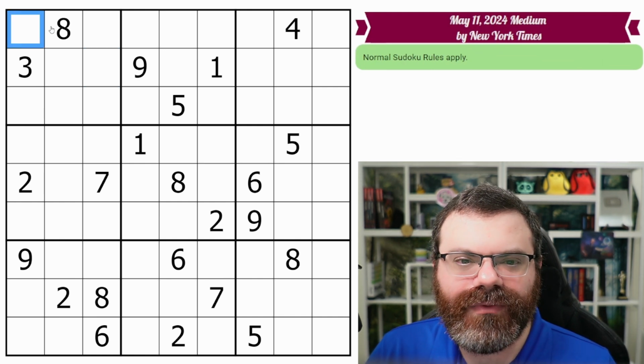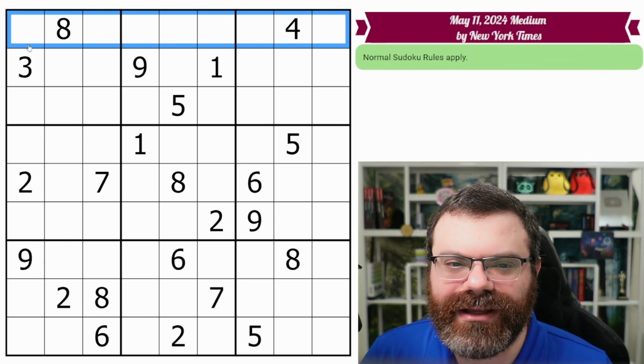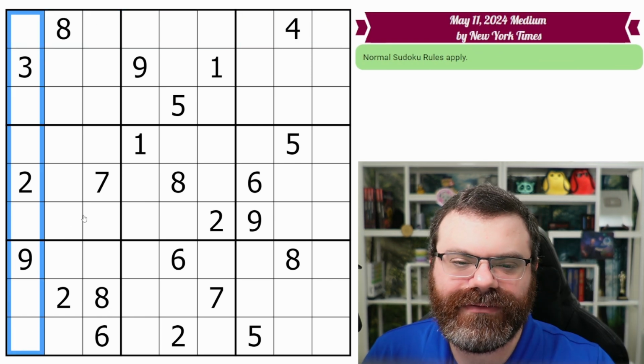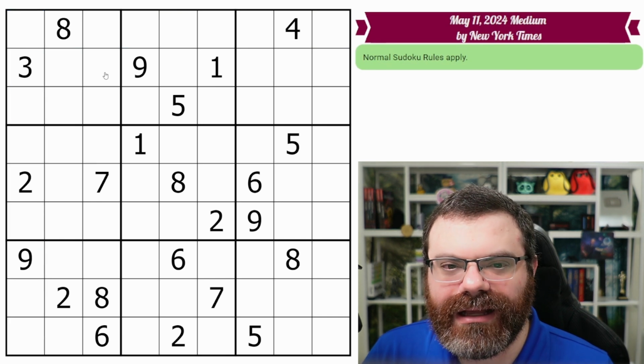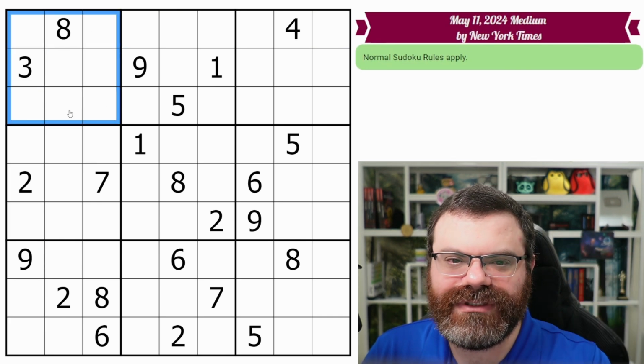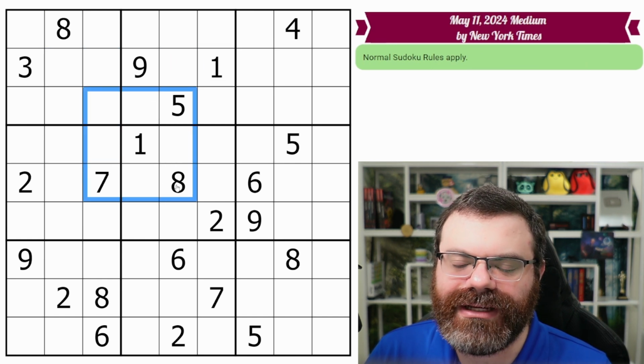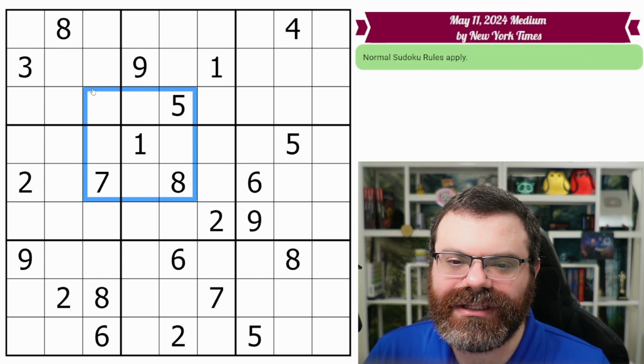All right. We also have rows. A row is a horizontal line of 9 cells, and we have a column, which is a vertical line of 9 cells. And then we have a box, which is a 3x3 box of cells that is bold outlined. So there's 9 of those in the grid. This wouldn't count, right? Even though this is a 3x3 of cells, it's not a box because it's not bold